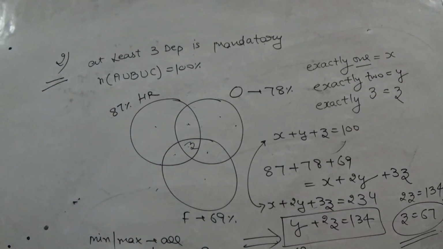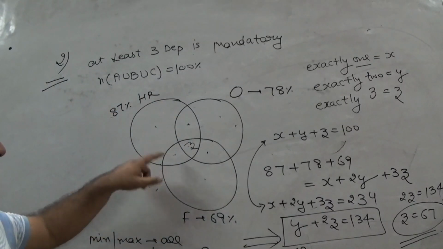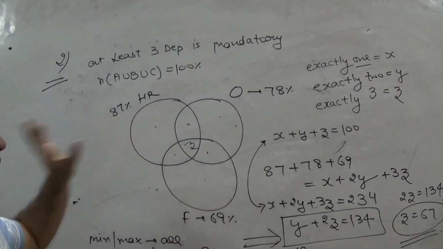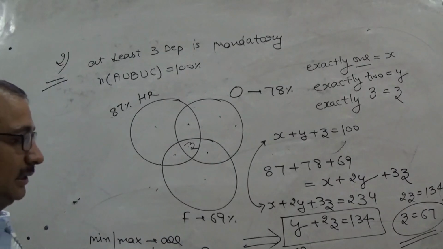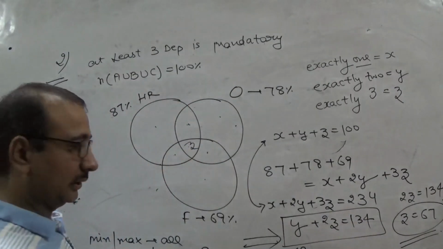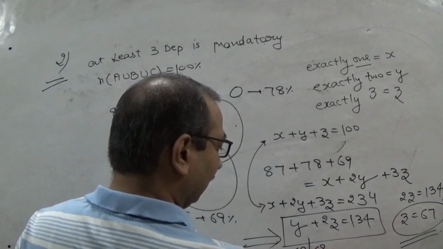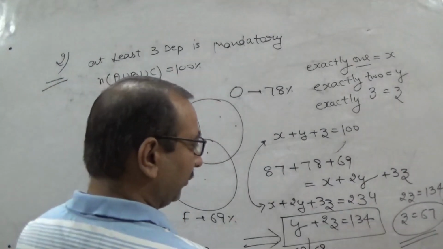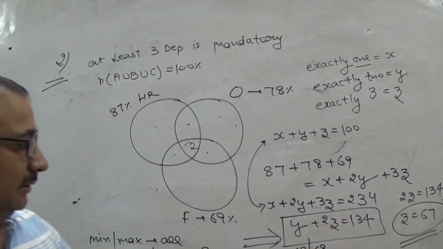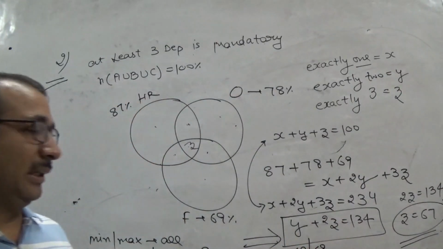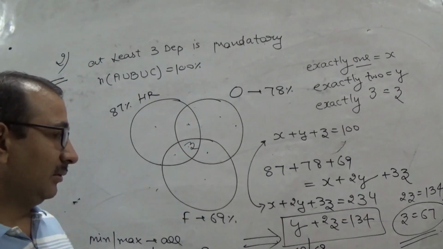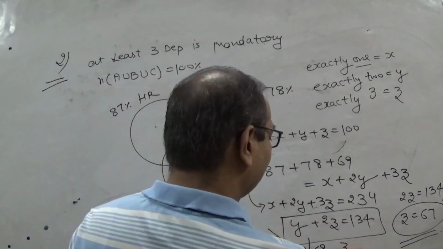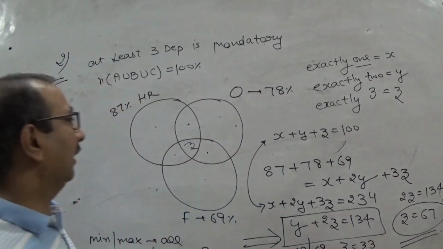क्योंकि if I take that value to be common कि आपका जो y है वो कितना हो रहा है? 69 हो रहा है, मतलब जो एग्जैक्टली 2 वाला पोर्शन है, ठीक है? तो उसमें क्या हो जाएगा? That z is into points, तो ये तो नहीं हो सकता, ठीक है? फिर हमने इसको 68 लिया, ठीक है? Because I will take the minimum value, and one more thing is that the minimum value if I take that value to be 68, तो 68 लेंगे तो 134 माइनस 68, ठीक है? कितना हो जाएगा? That value is equal to 66, ठीक है? तो 66 z इज इक्वल टू 33।